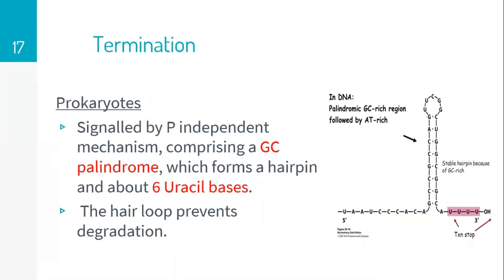This is the last process of transcription, and here is the prokaryotes part. It is signaled by the rho-independent mechanism comprising a GC palindrome, which forms the hairpin, and about 6 uracil bases in the DNA. This hairpin loop prevents